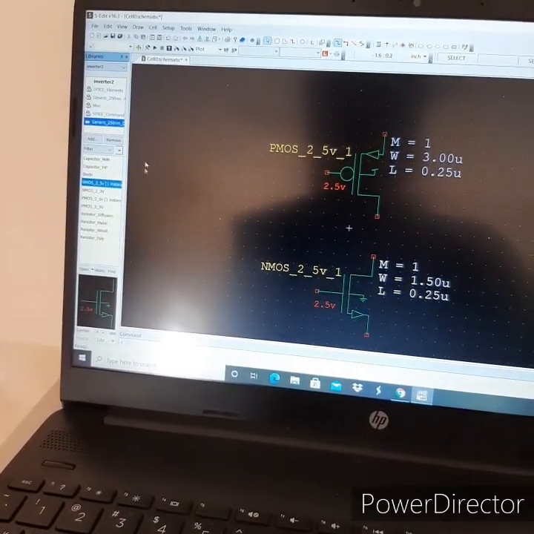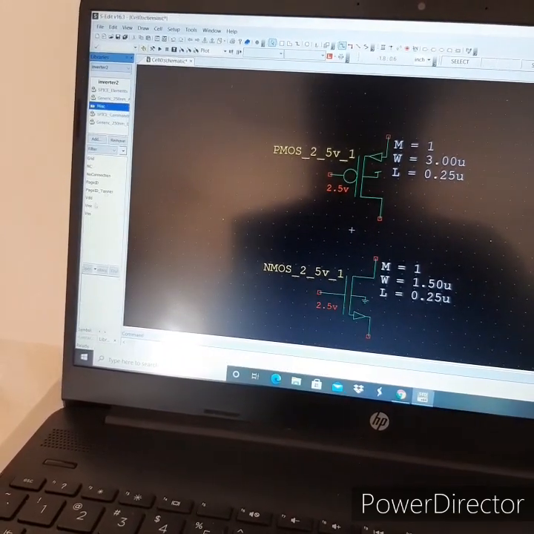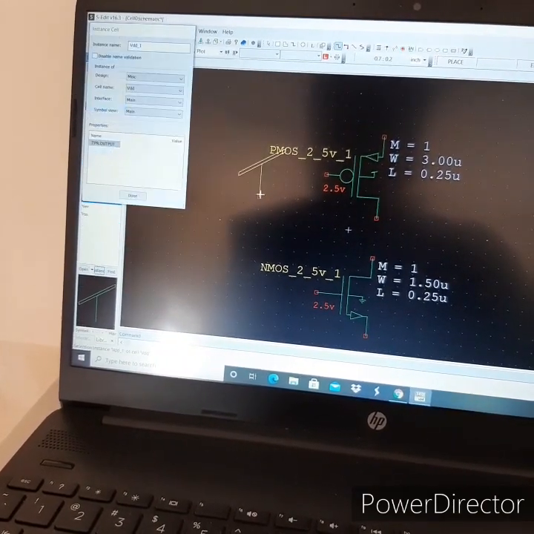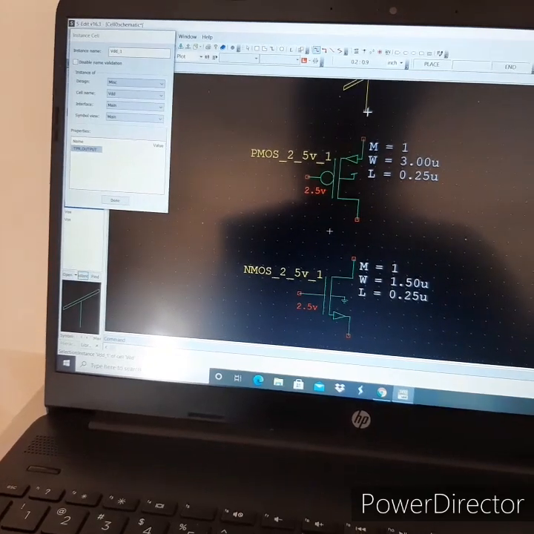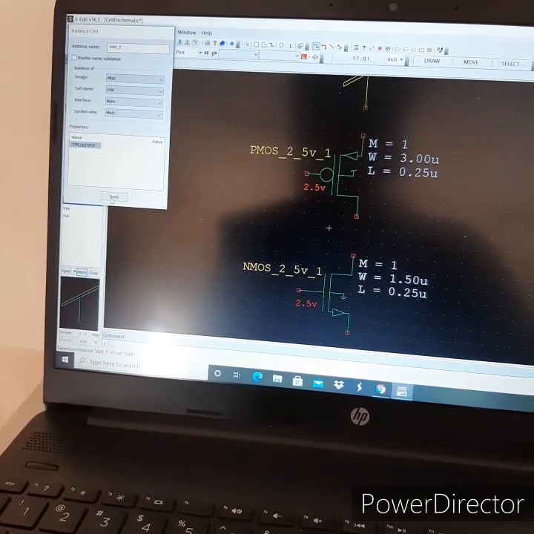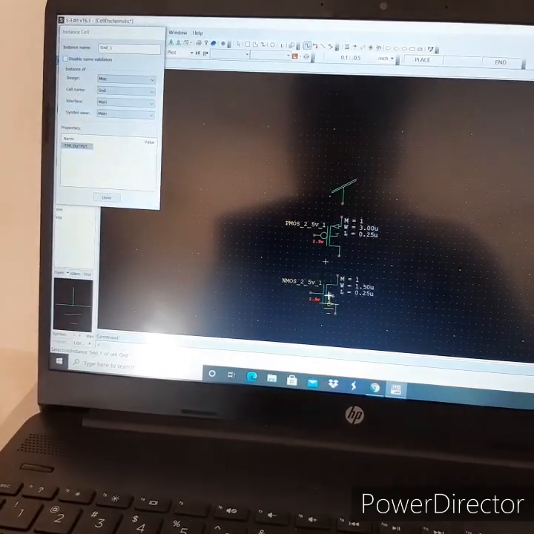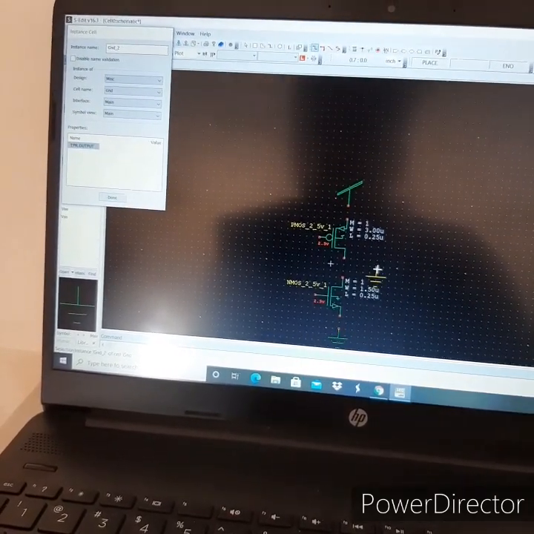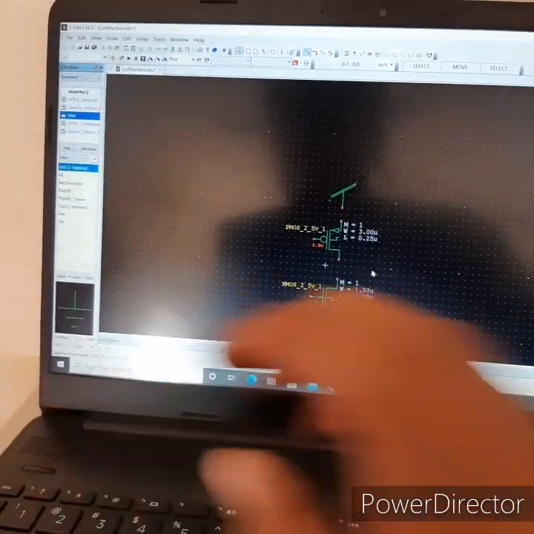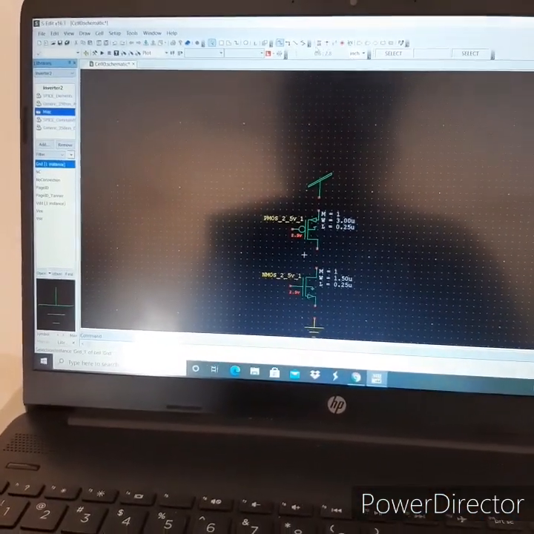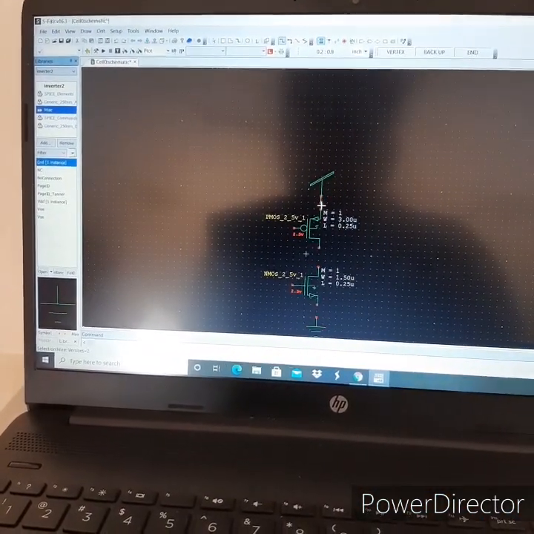Then we need VDD and VSS. VDD we will place here, then ground we will place here. Then we have to connect these with wire.